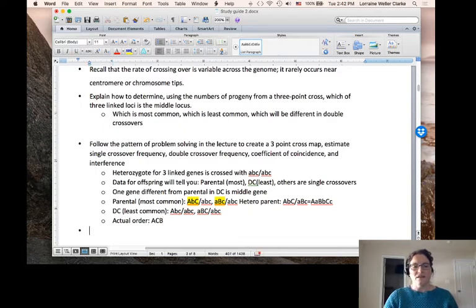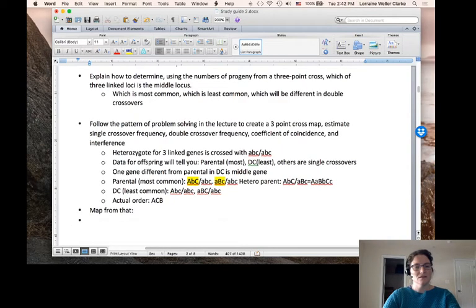So you can make a map from that. You have A over here, some distance, C, some distance, B. To figure out the actual numbers corresponding between A and C and B, now we have to organize the others, okay? I'm not going to give you all of it, do look at chapter 7, I can pull it up, but the concept is now you have information about which of these are single crossovers and which are double crossovers. The double crossover looks different than the single crossover, but in order to get distances by adding